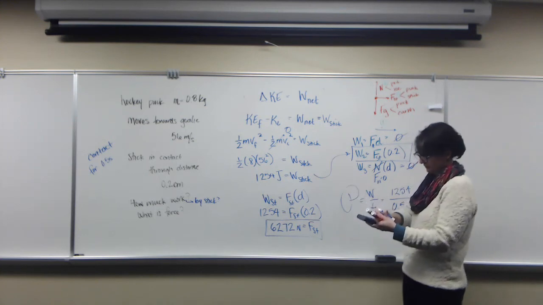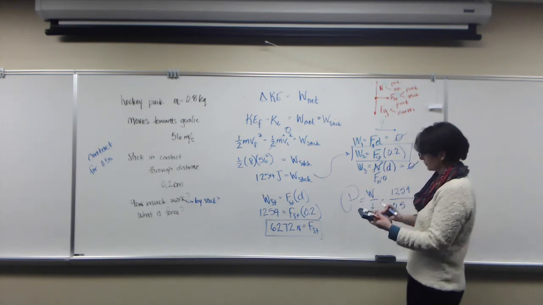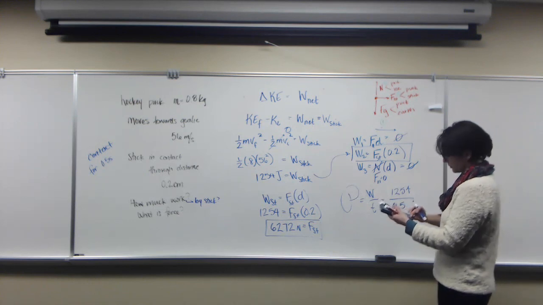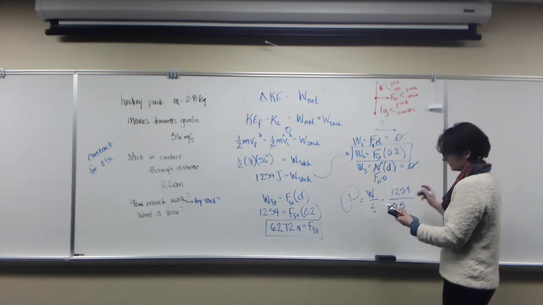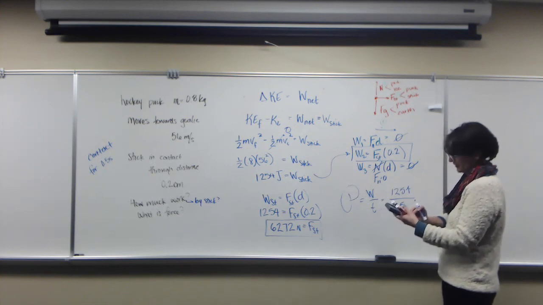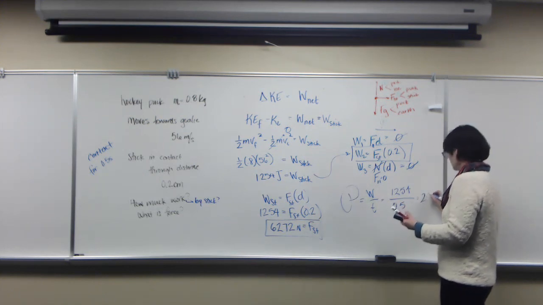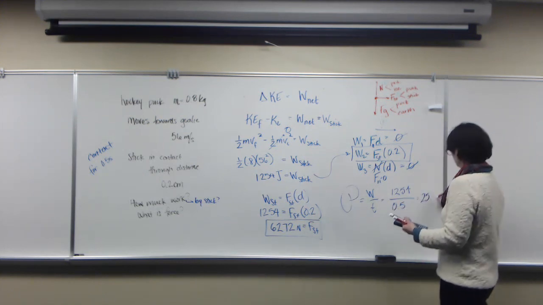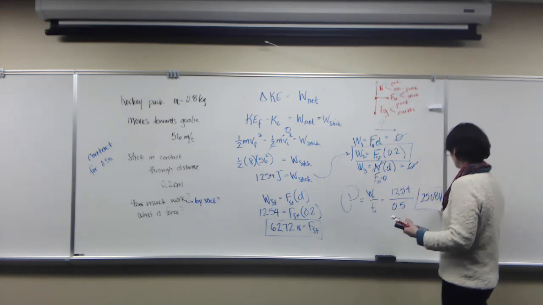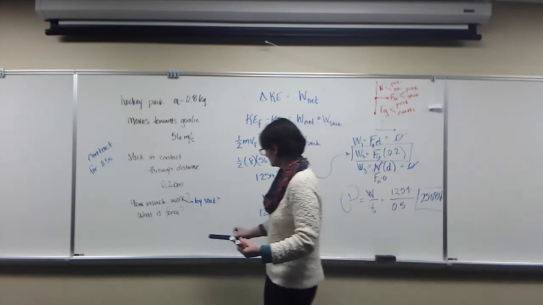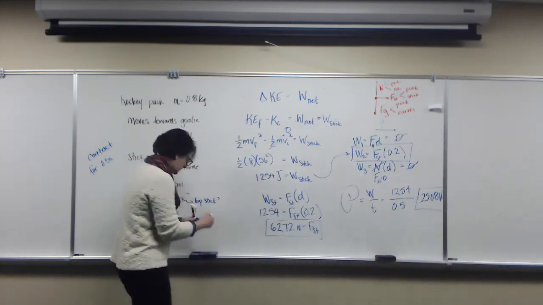Oops, let's turn around, calculator off. So we have 1254 times 0.5. No, 1254 divided by 0.5, so times 2. Our power is 2508 watts. So we got power in there also. All right. So questions on any